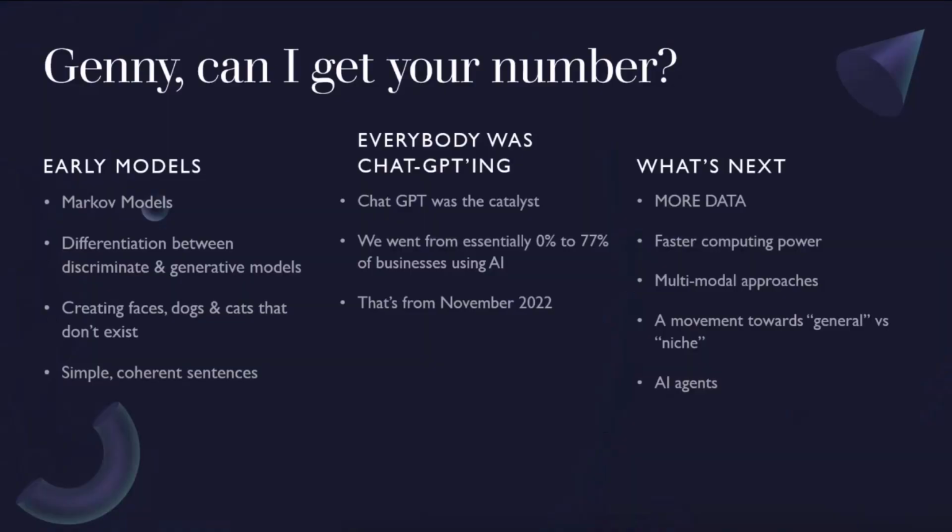Now, some of you who are into finance or insurance or anything like that might be familiar with Markov models. Markov models were sort of the nascent beginnings of what generative AI came from. Essentially, what a Markov model does is it takes a word or a number or a thing and tries to determine the likelihood of what the next thing in the row will be.